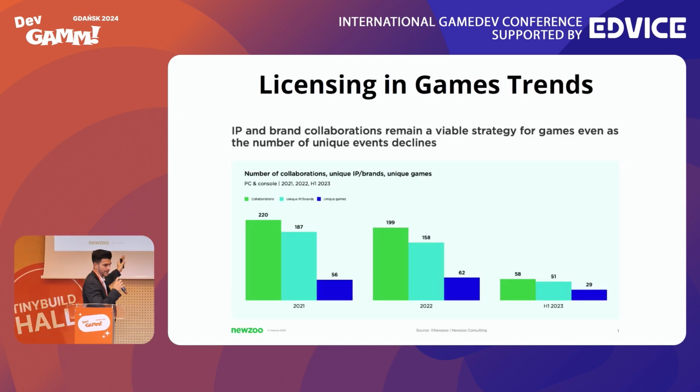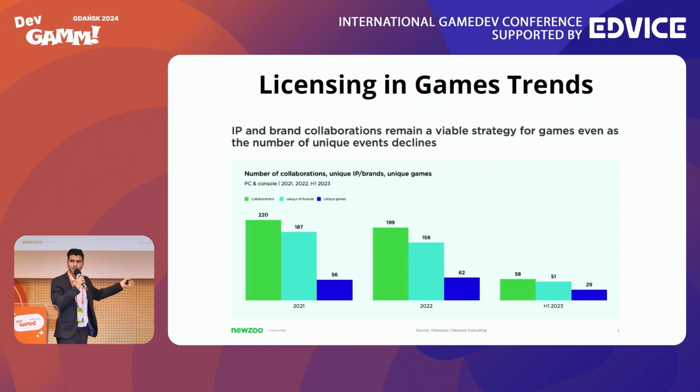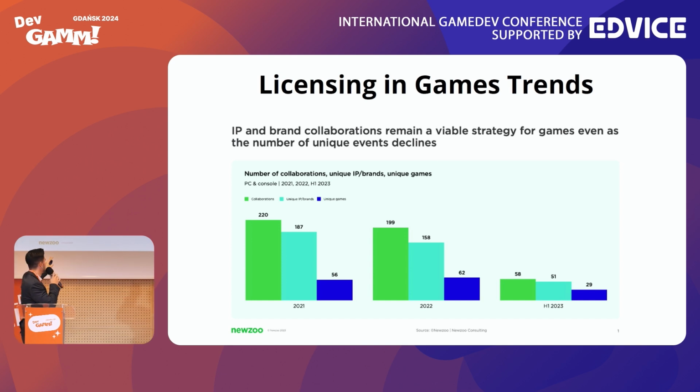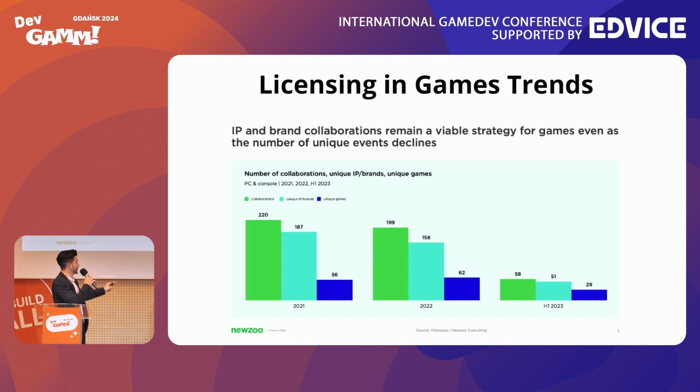Don't get scared. I have to show the bad numbers as well, because not everything is beautiful, right? This has been the trend in the past years, from a report from Newzoo. Just so you don't get scared, from 2023 H1, and only with Barbie probably that goes up by 30 or 40 more events, and that's in H2. And the reason why it dropped was because